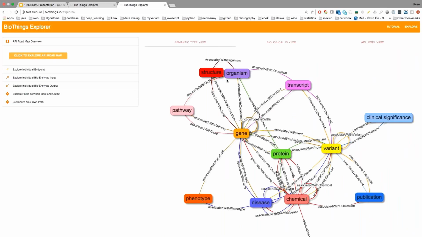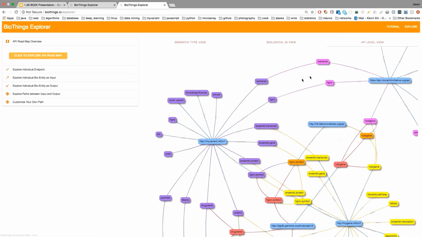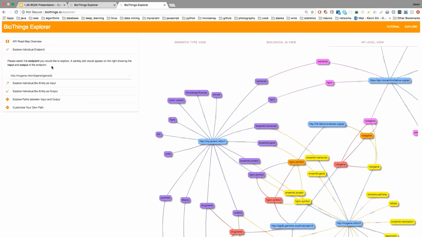Once you have your own SmartAPI specification ready, you could register it in SmartAPI, and we could automatically help you populate your own API onto this graph to provide a more detailed network of different biological knowledge. And it also provides you with a visual view of API